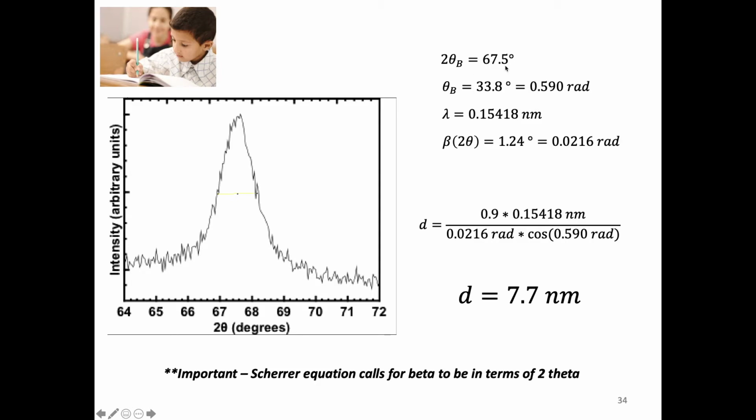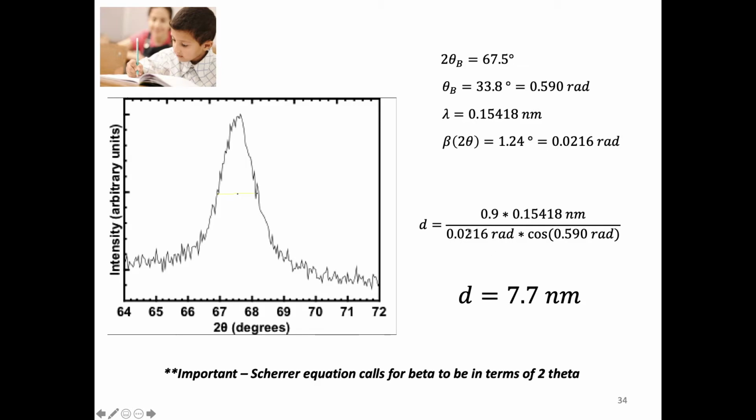67.5. If you got something slightly different, that's okay. But it's actually asking for theta, so I've divided by 2 and got 33.8. And I've also converted that to radians because that's what I had set in for this cosine equation. So if you're using degrees, that's fine. Whatever your calculator is set to, make sure that that's the proper units. But I will want this